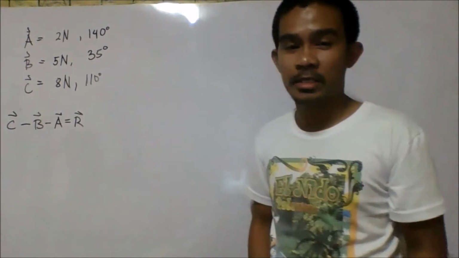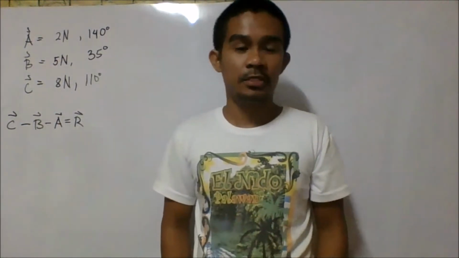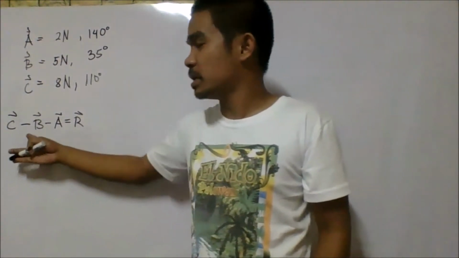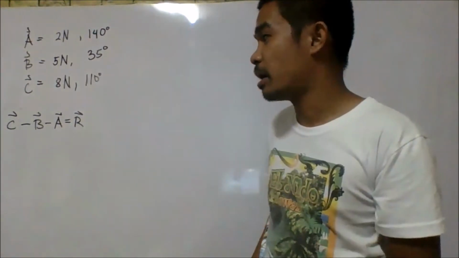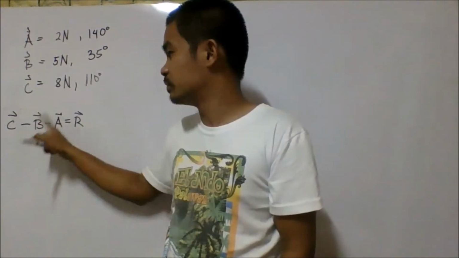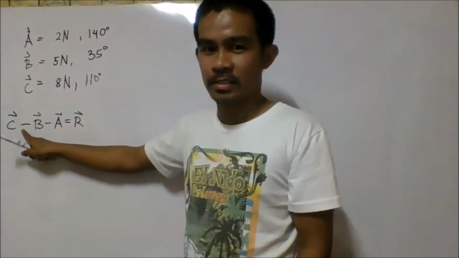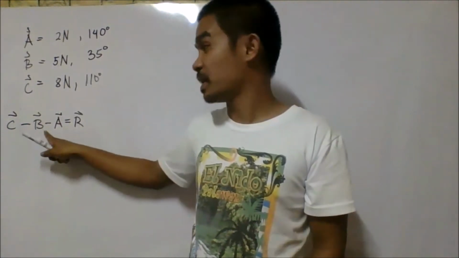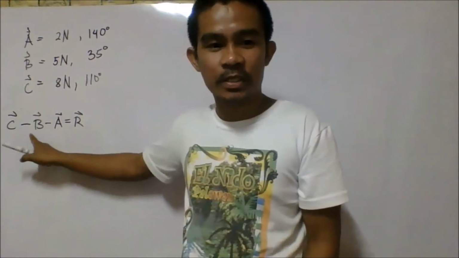And vector C, 8 Newton, 110 degrees. So we wish to look for vector C minus vector B minus vector A, which is equal to vector R. Vector R represents the sum of these vectors. So that's vector C plus the negative vector B plus the negative vector A, or vector C minus vector B